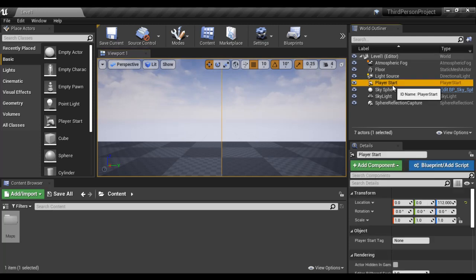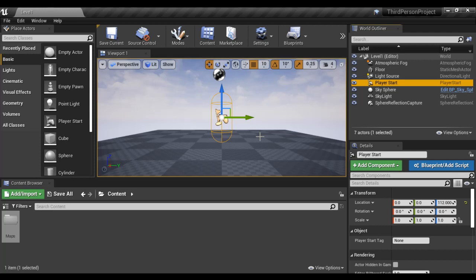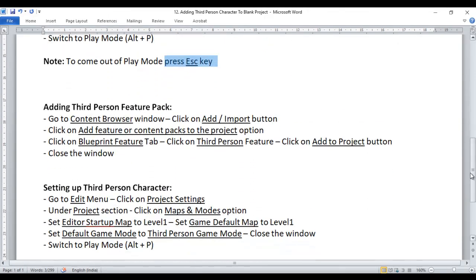At this player start location, we want to spawn the third person character, the playable human character. Okay, so let's understand how do we add third person character to our project. To add third person character to our project, we have to add third person feature pack. To add third person feature pack, go to content browser window, click on add or import button, then click on